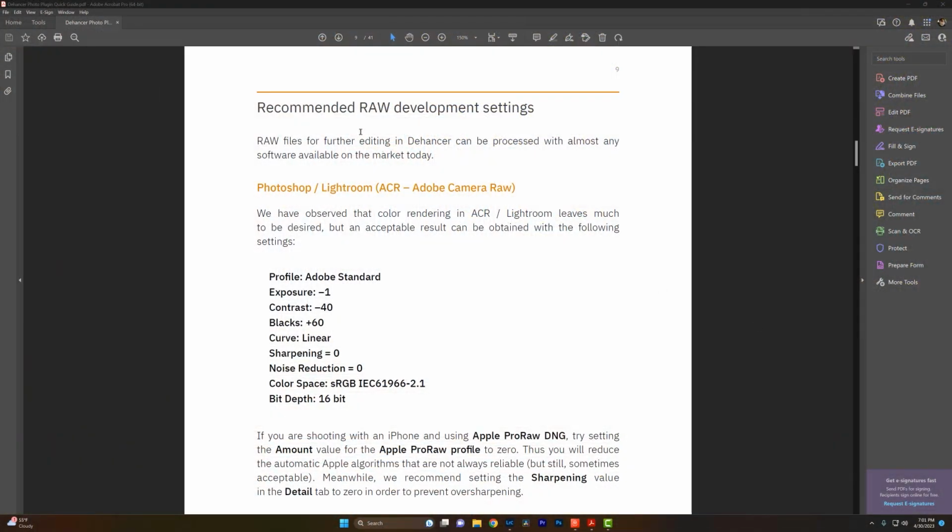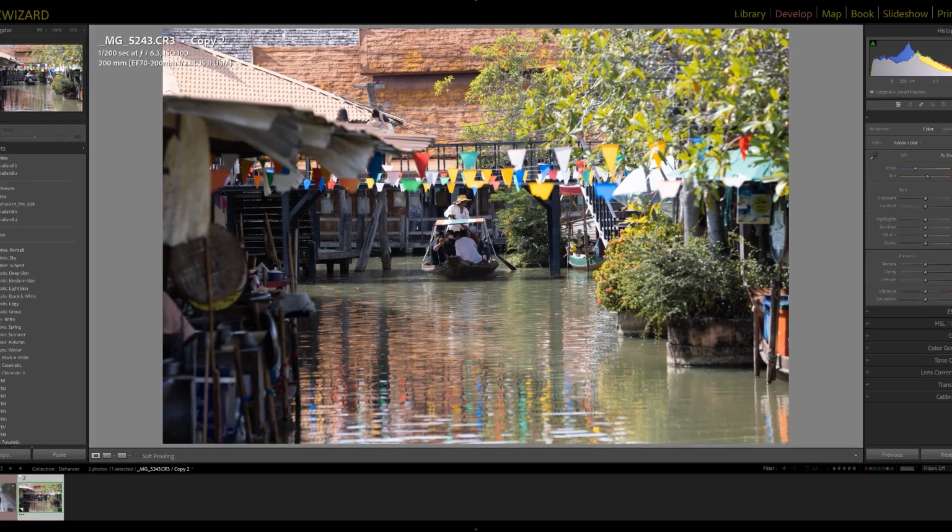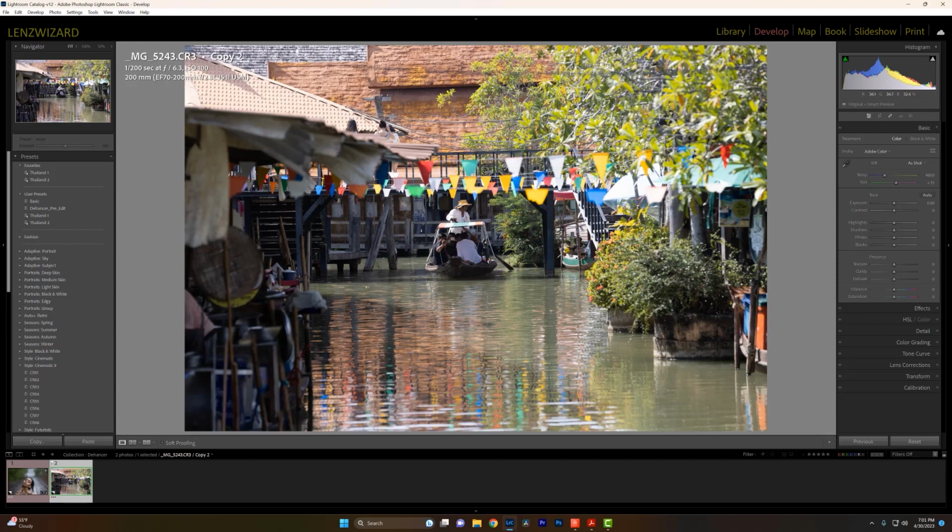Dehancer has recommended raw development settings. So if you're in Lightroom or if you're in Adobe Camera Raw, you basically want to start with your image with these settings right here. So let's go back over here to Lightroom real quick,